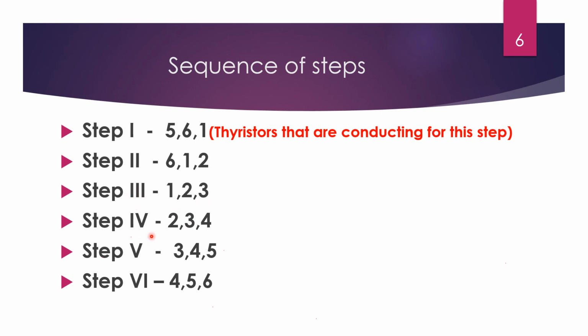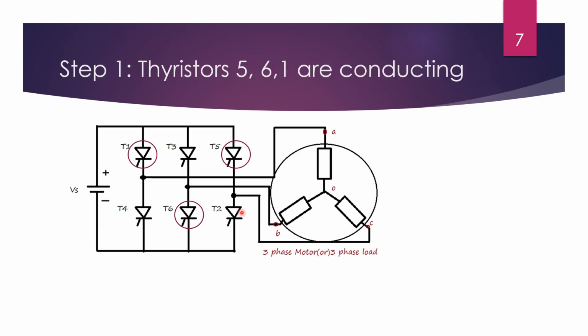For the fourth step, switches 2, 3 and 4 are turned on. For step 5, switches 3, 4 and 5 are conducting. Likewise, for the last step, step 6, switches 4, 5 and 6 are conducting. So let us start with the first step, in which switches 5, 6 and 1 are being